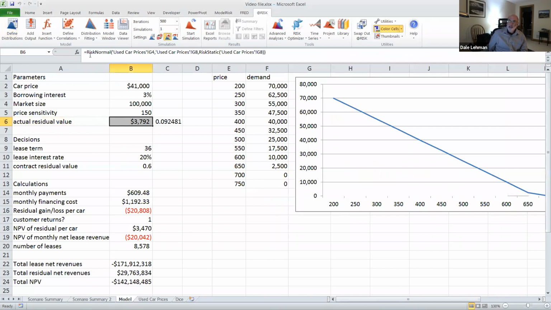And you'll notice that the formula, it's an Excel formula, @RISK, which is this add-in, all @RISK functions start with the word RiskNormal. It says put a normal distribution in here where the mean is given by that first cell address, which is on the used car tab. The standard deviation is given by the cell G8 on that tab. And RiskStatic is just basically saying what value to put in this cell